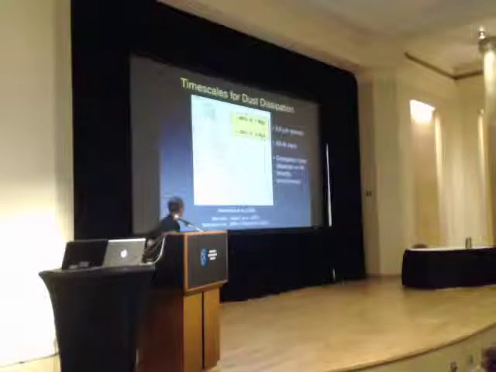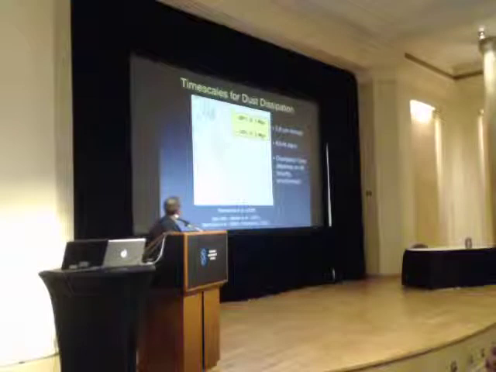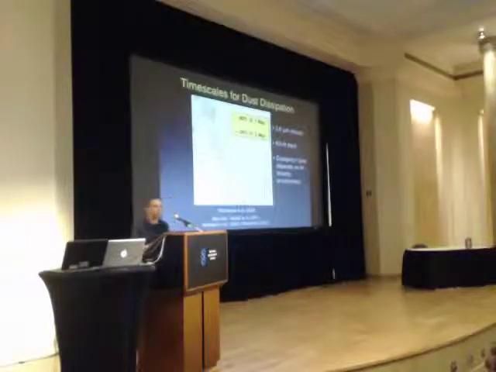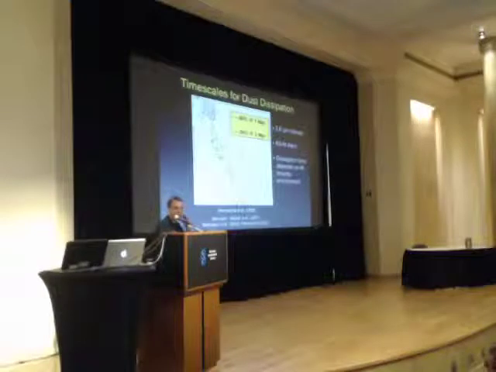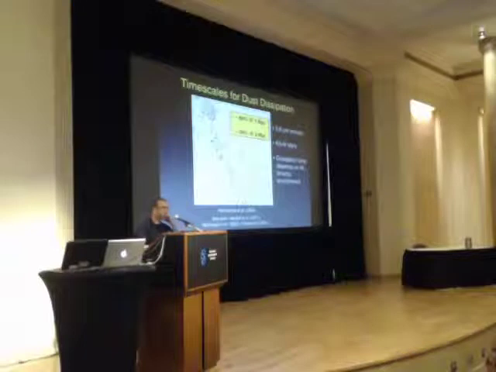This is just a compilation, primarily of Spitzer results, but there are some ground-based observations in here. This plots the fraction of stars which have an infrared excess for various clusters of various ages. At an age of about 1 million years, about 80% of the stars seem to have a circumstellar disk as traced by the infrared emission, and it declines to about 50% at an age of about 3 million years. There are several important caveats for this.